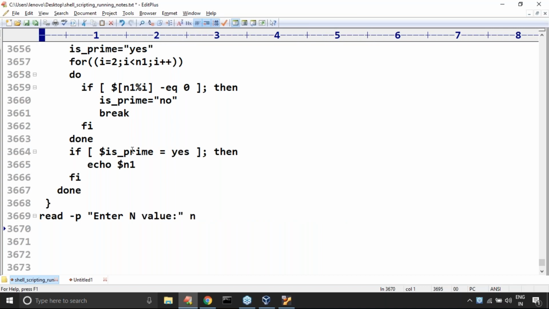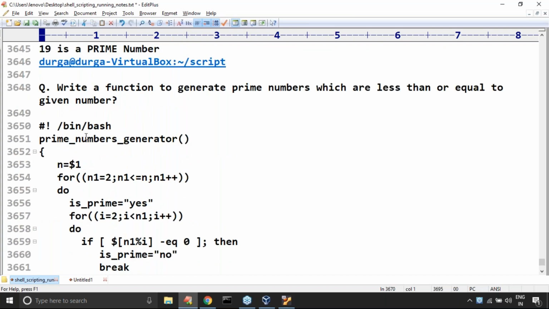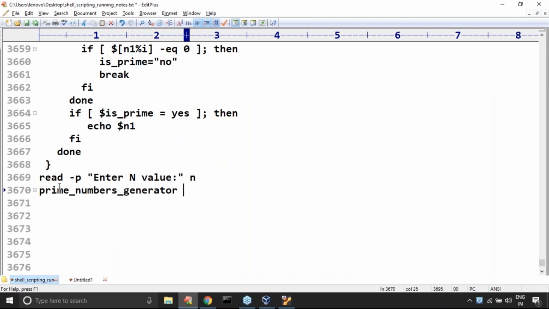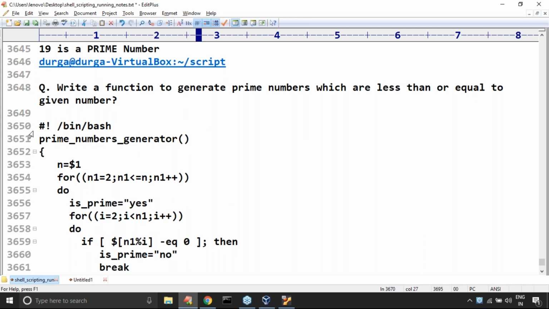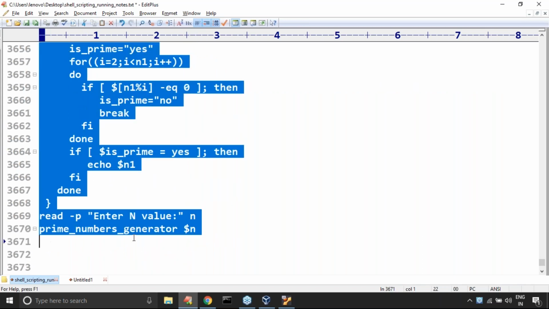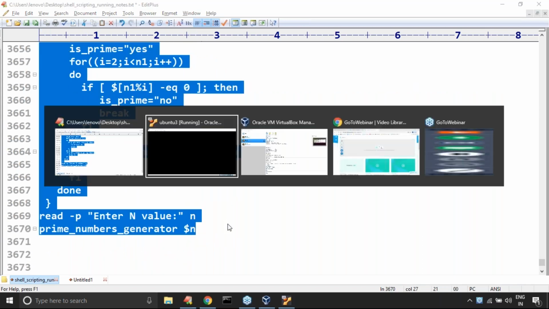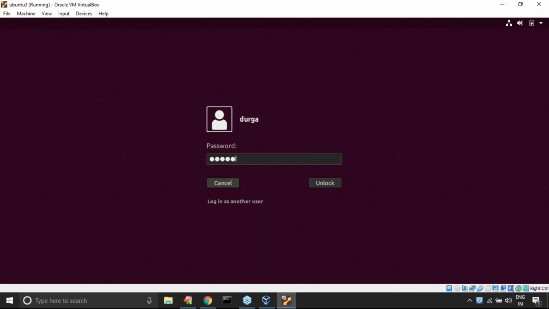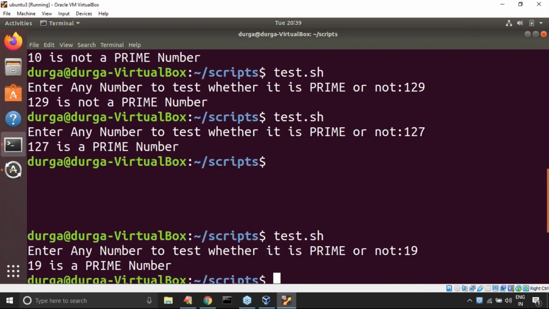Now n. Okay, sir, here just observe that carefully. Prime number generator I'm taking, sir, with dollar n. Let me cross check whether my logic is going to work or not. If it is not going to work, don't worry. If it is going to, definitely it will work, I hope. If any changes are required, I will do that.